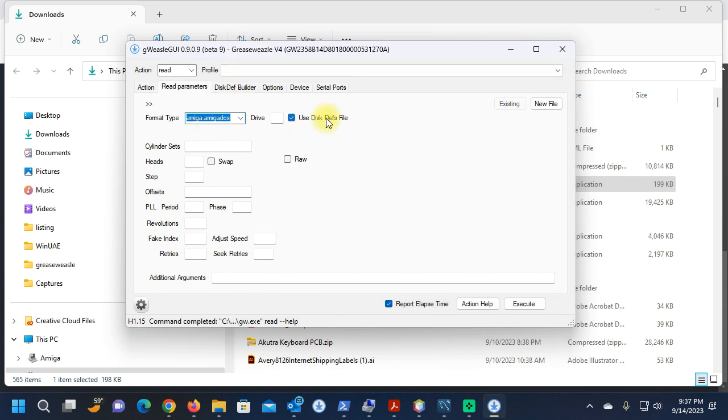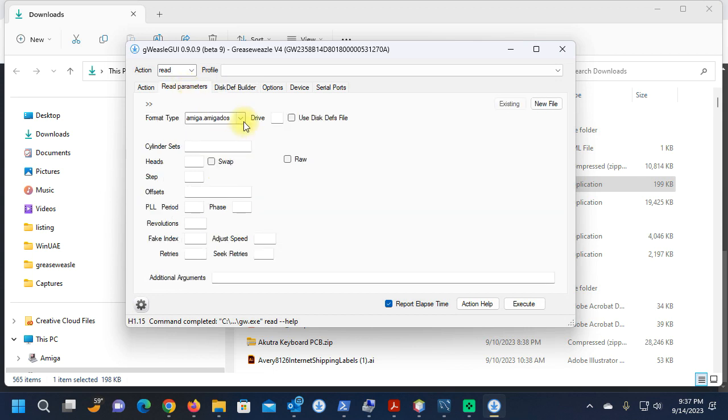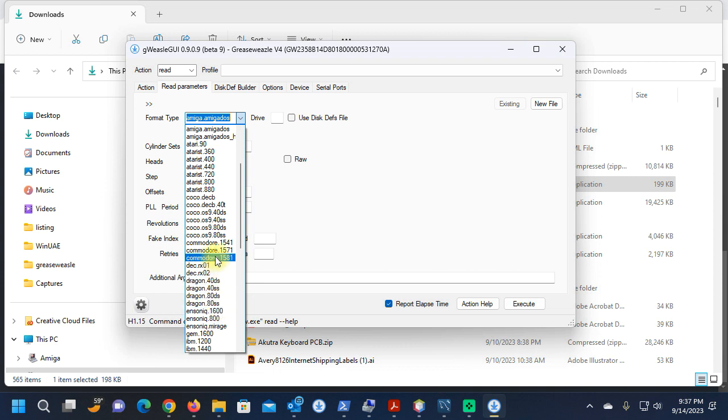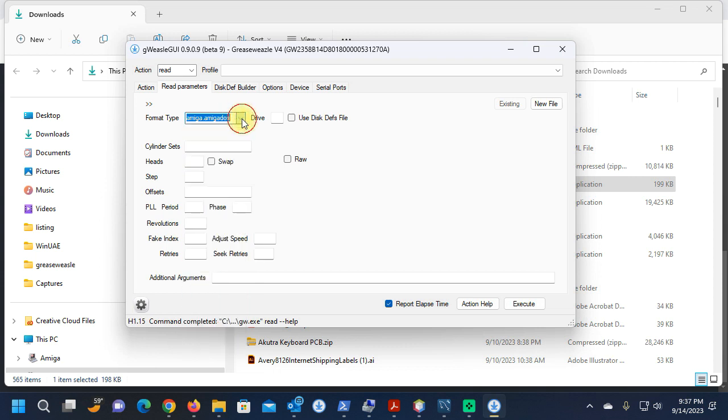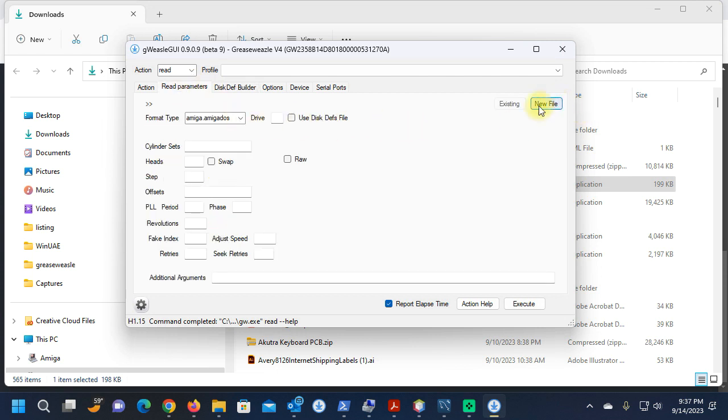So if we use Amiga DOS, we're not going to use the diskdefs file because diskdefs is when you want to create your own custom format. You can build it here, and then you can have your own format in here. If there is not one in here that fits your needs, you can build your own disk definition. So basically, we're going to try to read the floppy with Amiga DOS